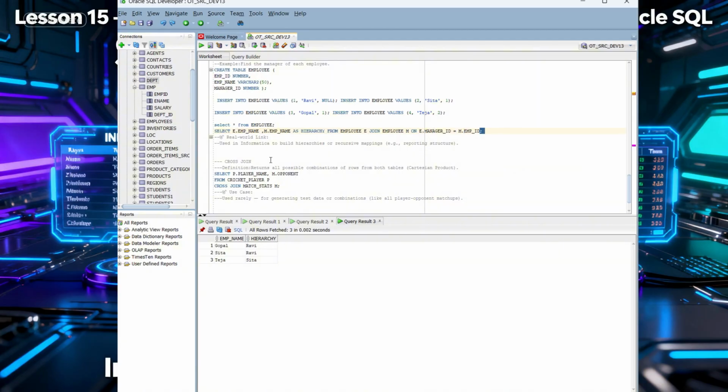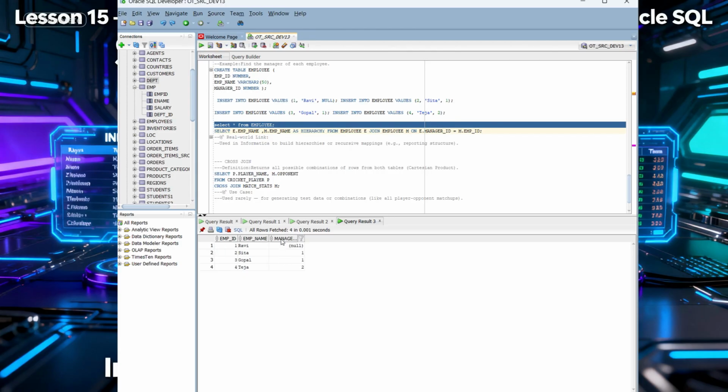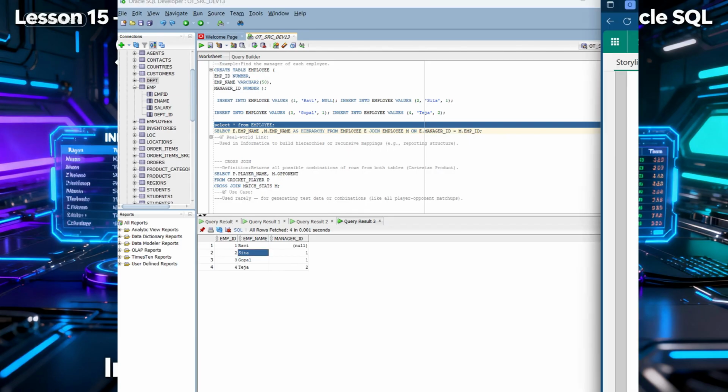Why did he compare manager id and employee id? Because employee id is representing the manager id, same column, same data, right? Every manager has an employee id, but a manager is a manager to a particular person and also an employee in the company. A manager is also an employee, but can handle 2-3 people at a time. That's why called a manager, right? So every manager has an id like an employee, but he can handle 2-3 persons. In that scenario you have to utilize these things. That is the beauty of